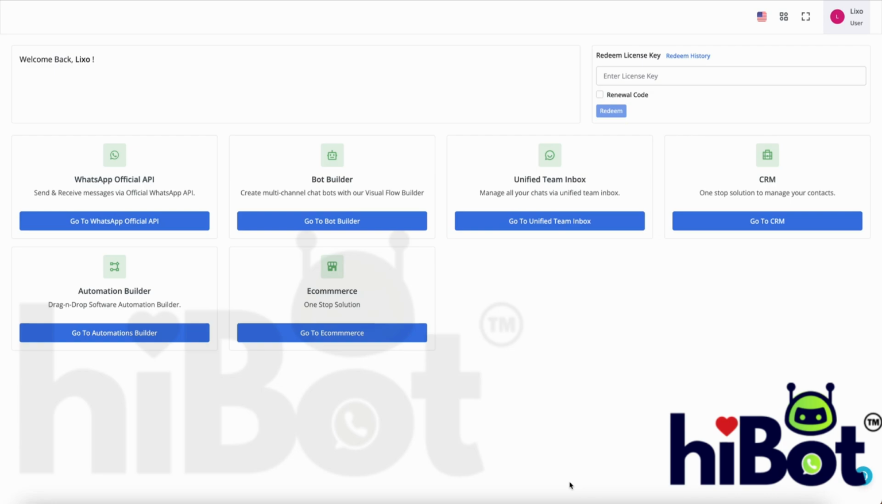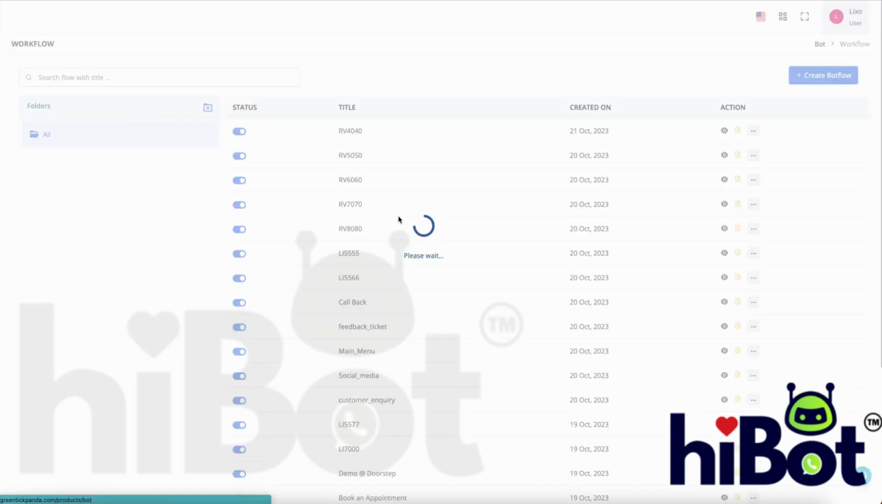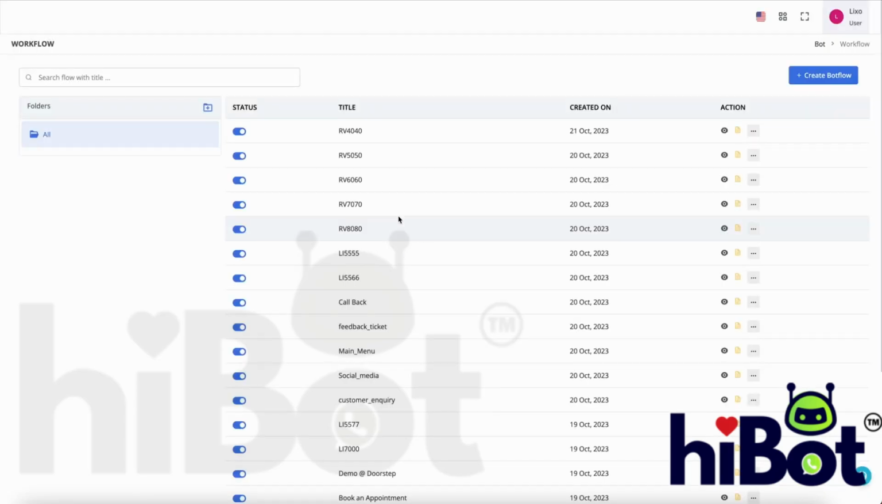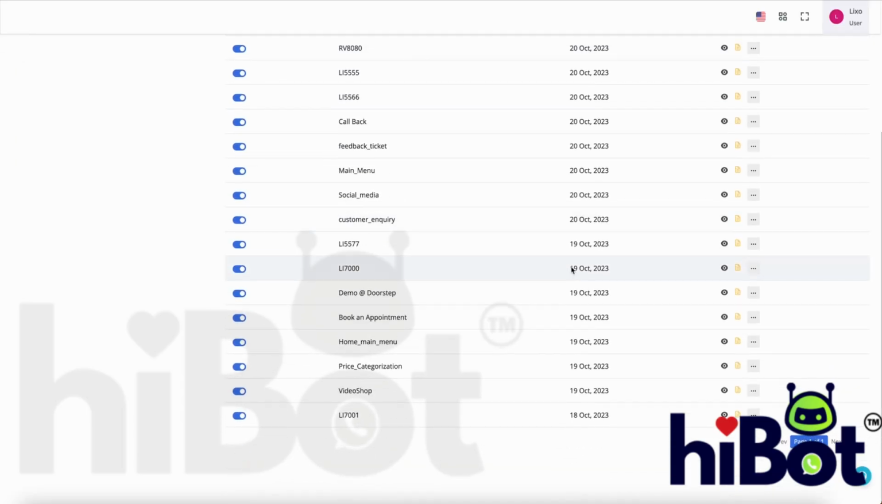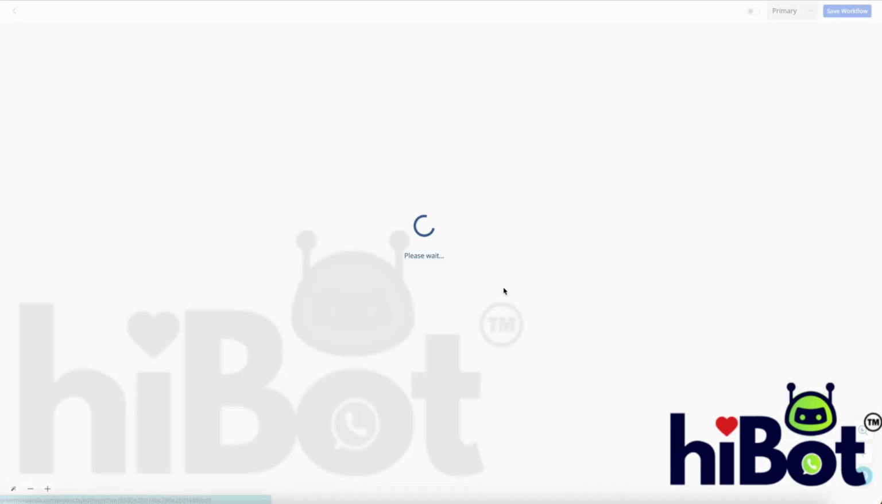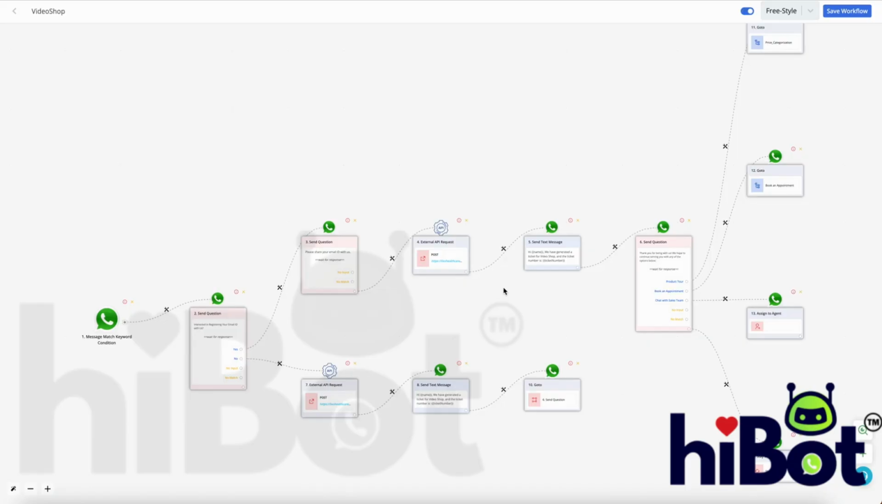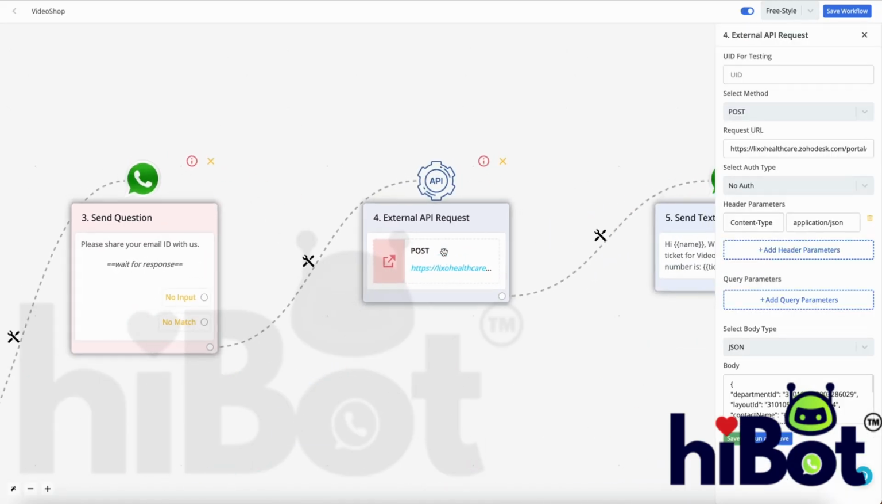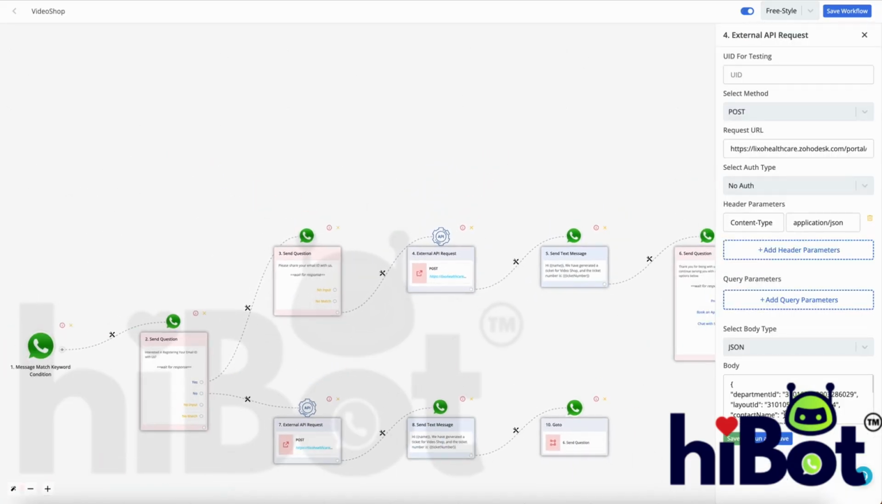You can create an external API request from the bot builder, and the response that you get from the API call, you can send it in the next step to the end user as a text message. So we have this external API request for Zoho Desk wherein we are creating a ticket via the API. So you need to have an external API request block, and you can fill all of your API details here,